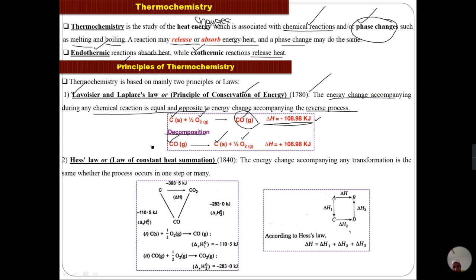So with this decomposition, you need to supply the same amount of heat, that is minus 108.98 kilojoules. Since you need to supply this, its sign is opposite. So this shows that